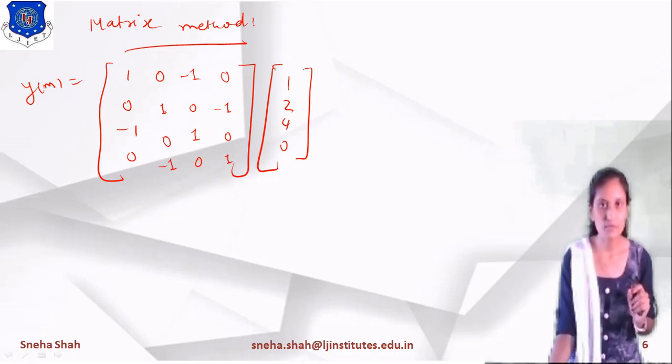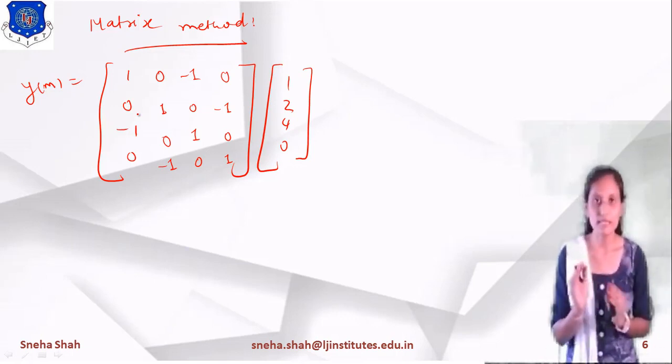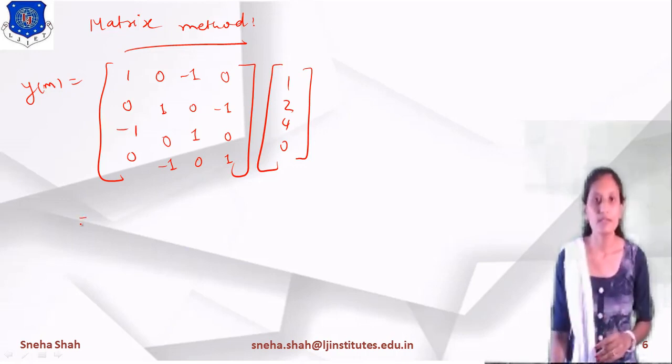Now if we shift this 1 over here, then it will give you the same as this, right? So we will stop over here. So it will give you a 4 by 4 square matrix. Now if we do the matrix multiplication of these two, then what will be the result?